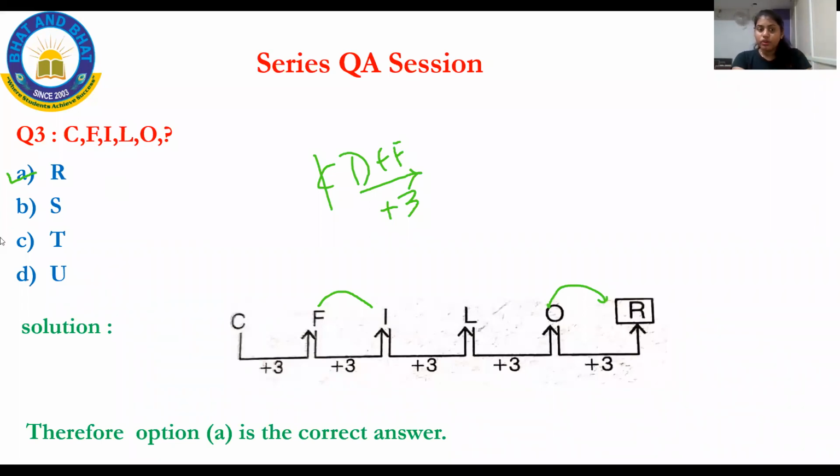See, what is a trick now? Use it for the second letter. First 2 letters, C to F, I got 3. Next, check for the next one. Yes, no need to waste time using these 3 letters. Go finally to the last and check the answer, get the answer. This is what time management is.